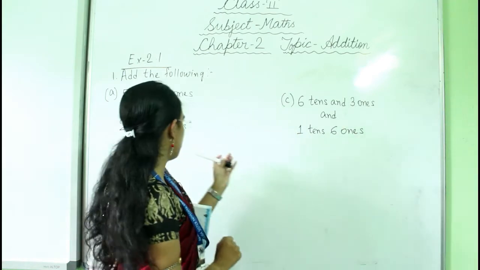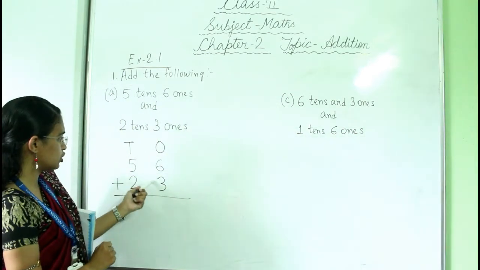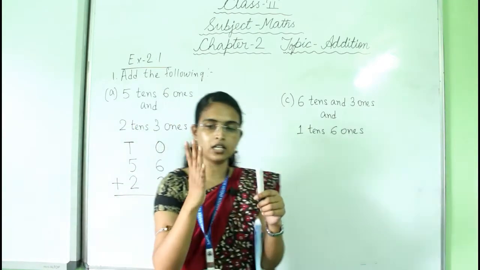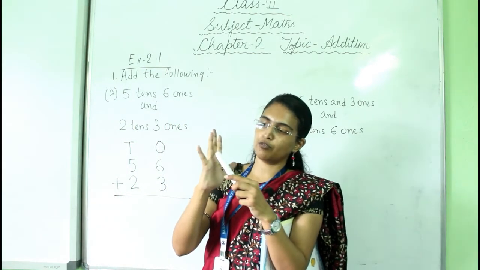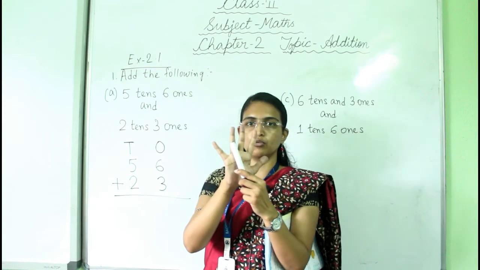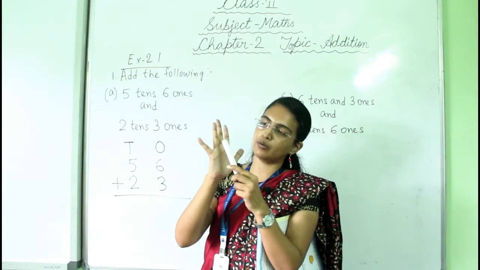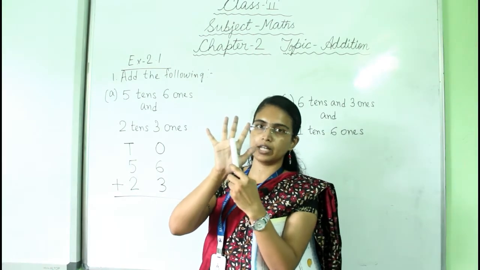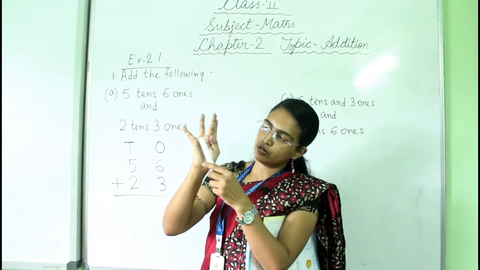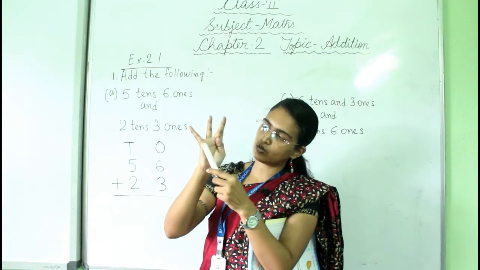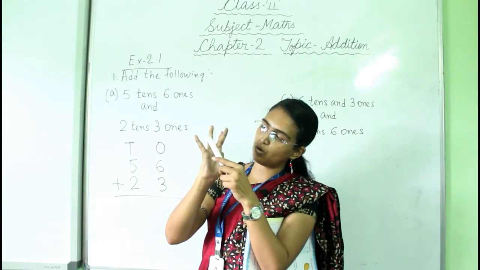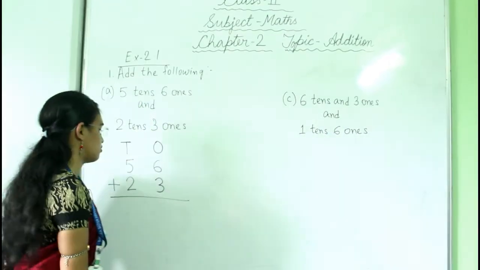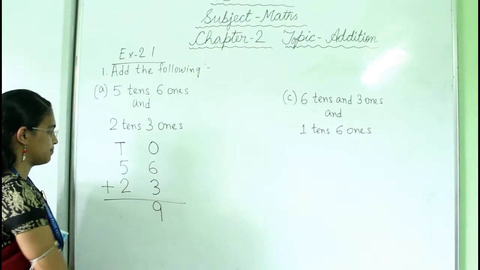Okay. So what is the question? 6 plus 3. We have to count 6 plus 3. So where is 6? 1, 2, 3, 4, 5, 6. Here it is 6. So if you add 3 more, then what will be the answer? 6 here. 1, 2, 3. So what will be the answer? Here we are now here. Okay. So what will be the answer? 1, 2, 3, 4, 5, 6, 7, 8, 9. So 6 plus 3 equals 9.